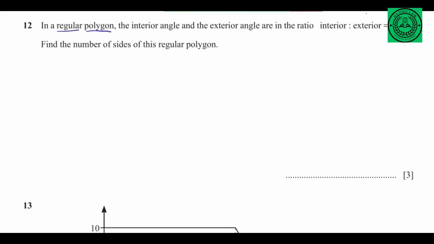Okay, next question number 12 we have is about a regular polygon. In a regular polygon, the interior and the exterior angle are in the ratio. What ratio is being given to us? It is interior to exterior turns out to be 11:1. And we are being asked to find the number of sides of this regular polygon. So in order to find the number of sides of the given regular polygon having interior and exterior angle ratio to be 11:1, let us say that interior angle